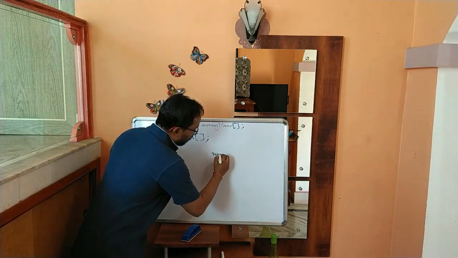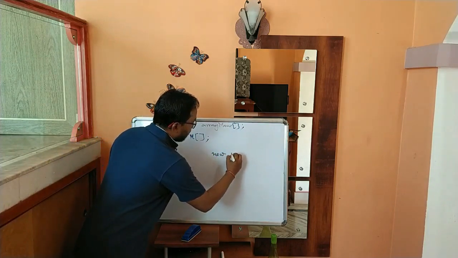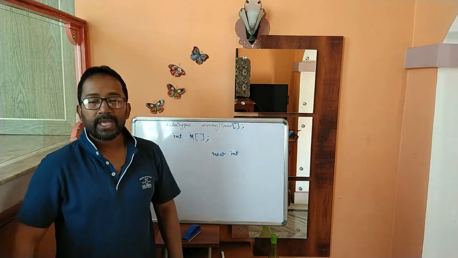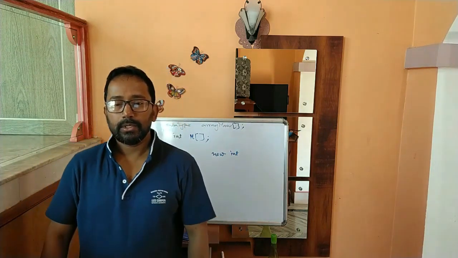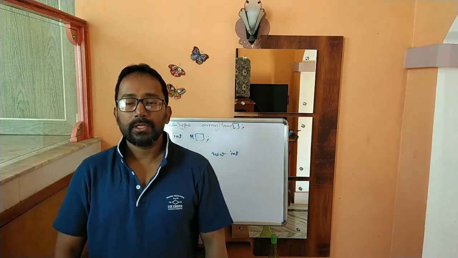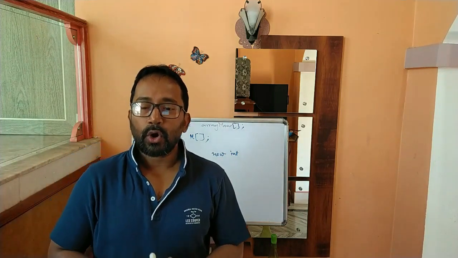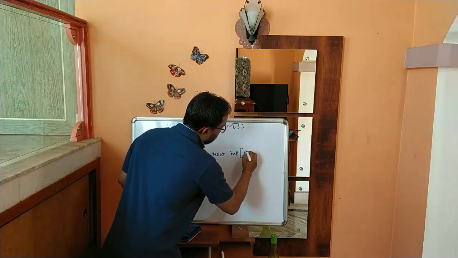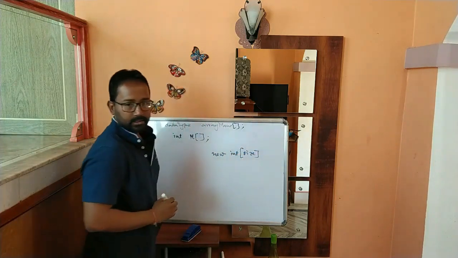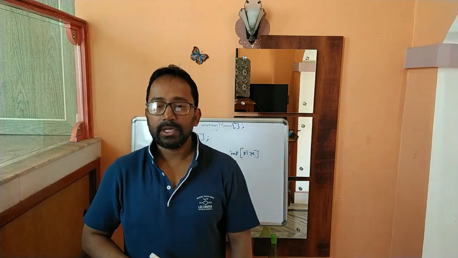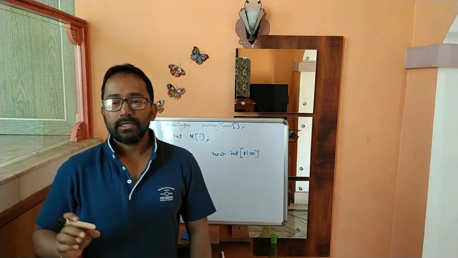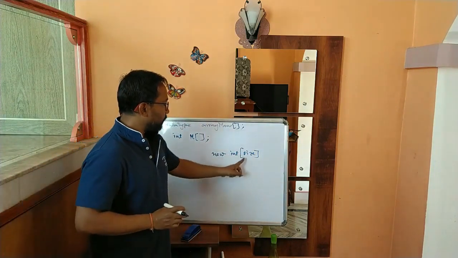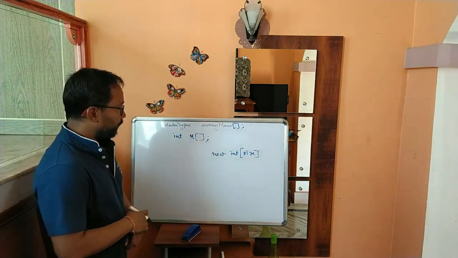So new, then the data type, which is int. We have to follow this data type. This data type is called the base data type. Base data type means the type of all elements of the array. And then here, size. So what is size? Size is the number of elements which an array can hold.